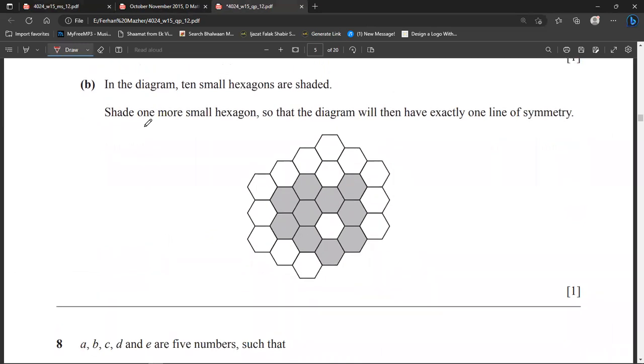The question is, in the diagram, 10 small hexagons are shaded. Shade 1 more small hexagon so that the diagram will then have exactly 1 line of symmetry. So if I want another, so that the diagonal will have shade 1 more, okay. The diagonal, if this is the line of symmetry, then this needs to